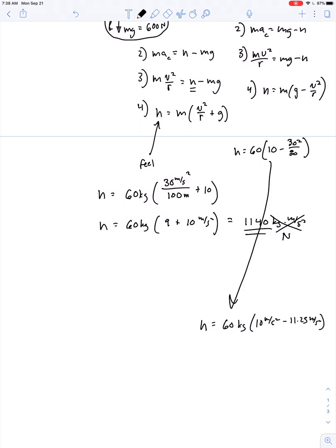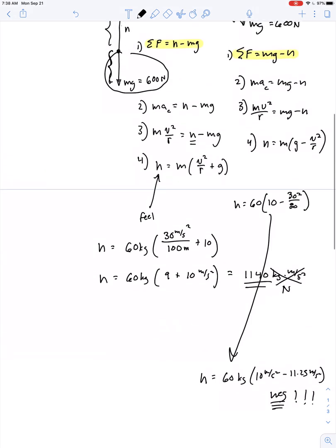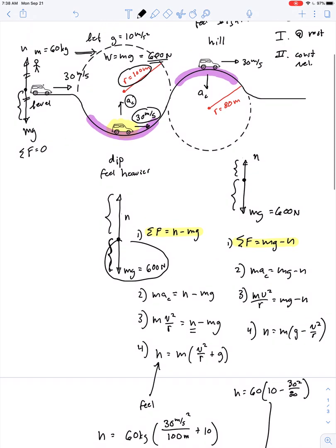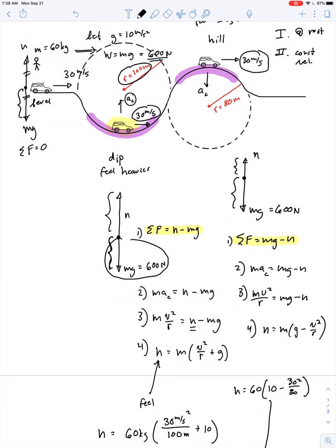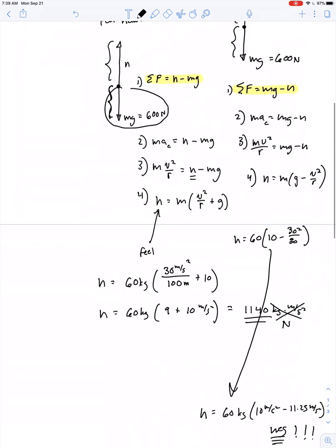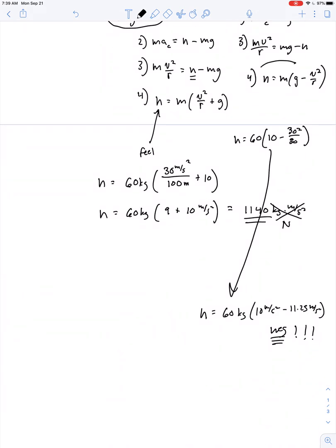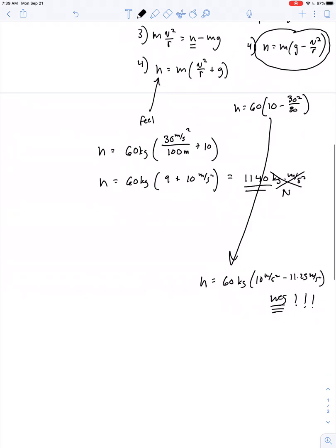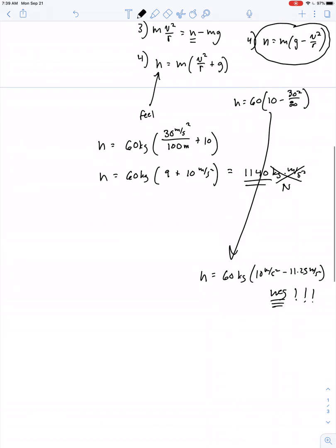Uh-oh, that means we're going to have a negative normal force. Well, that can't be. So the numbers I made up are unreasonable. You wouldn't possibly be able to drive 30 meters per second if the radius of curvature was this small. So we ask the question a different way. We say, what's the maximum safe speed you could have if the radius of curvature was 80 meters? So this result we get is still the correct algebraic result. We just picked unreasonable numbers for the speed and the radius of curvature.